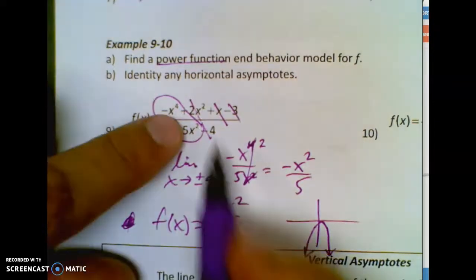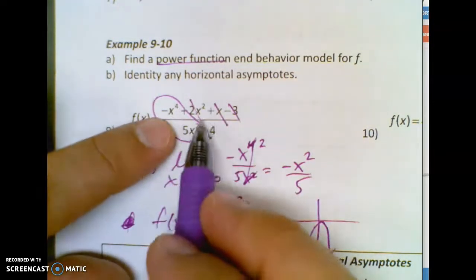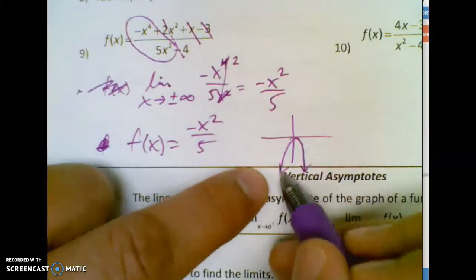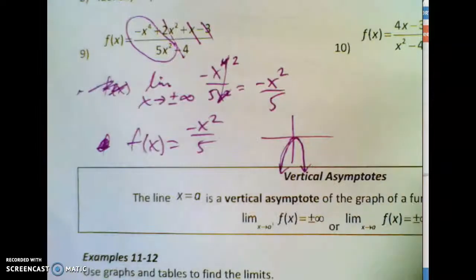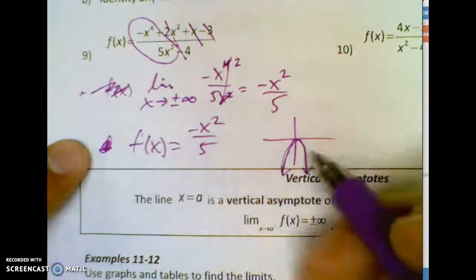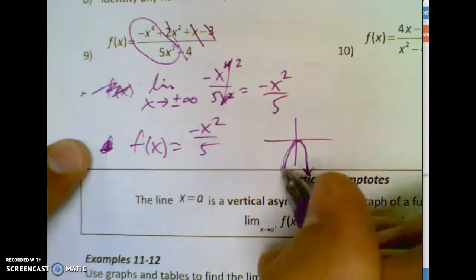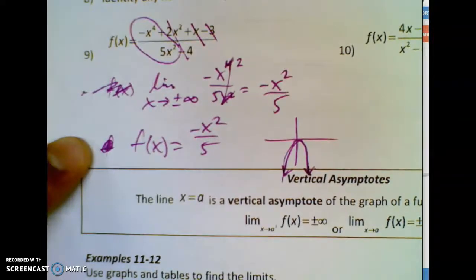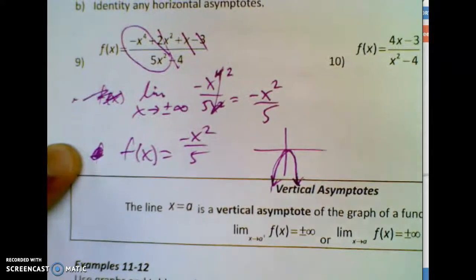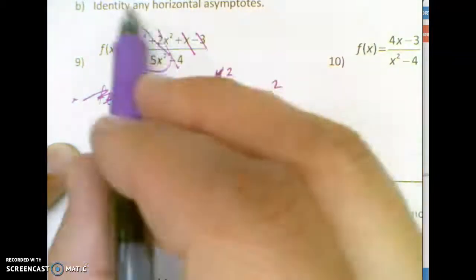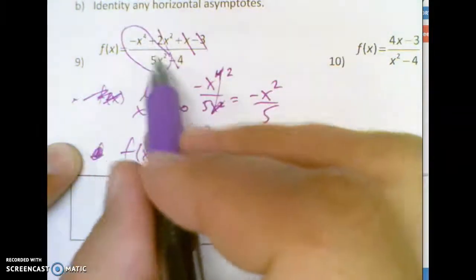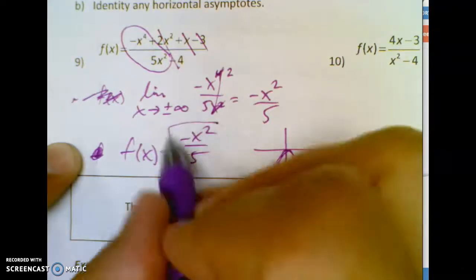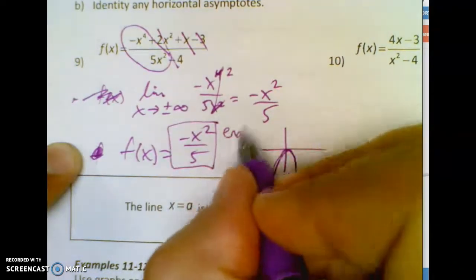Now, will that original graph look like this? No, but it will behave like this graph way, way out to the right and way, way out to the left. So in the end, it's going to approach these lines that go on forever. It's just they won't happen right away. So that's kind of weird. But find a power function: it's basically get the biggest powers and reduce them. And this describes what your graph behaves like